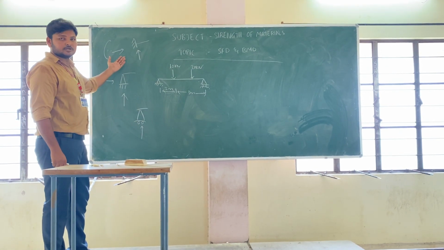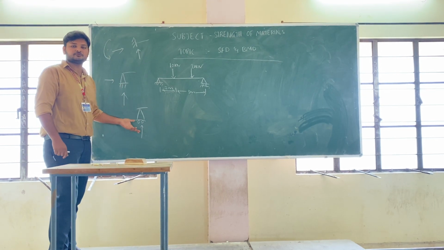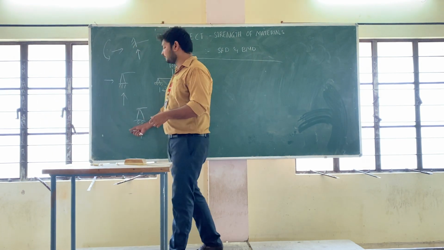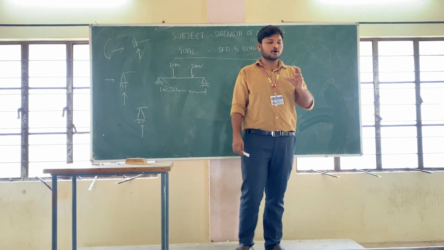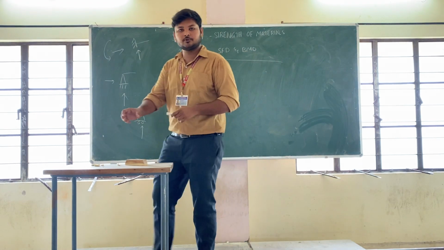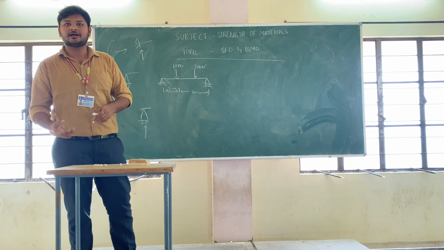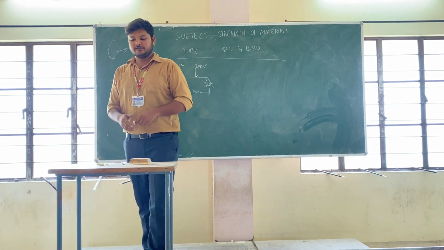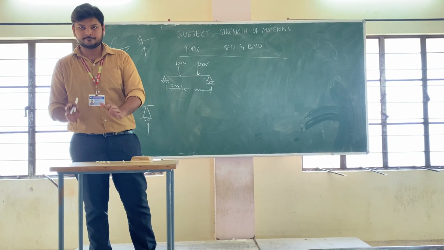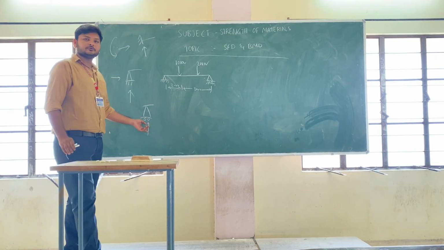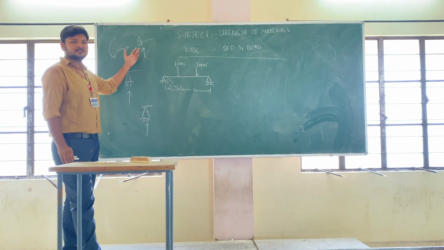Sir, how will we remember all these reactions? How will we know which one is restrained against which? I will tell you a practical example for the roller support. With that, we will be able to understand. See, take the example of a cricket ball. If the ball is placed on a table, it will be fixed only in the vertical direction. In the vertical direction, it won't move up and down unless any force is active. If any force is active in the horizontal direction, it will move. It will be fixed against the vertical direction. This one will be fixed against both directions. It will be fixed against 3 directions.